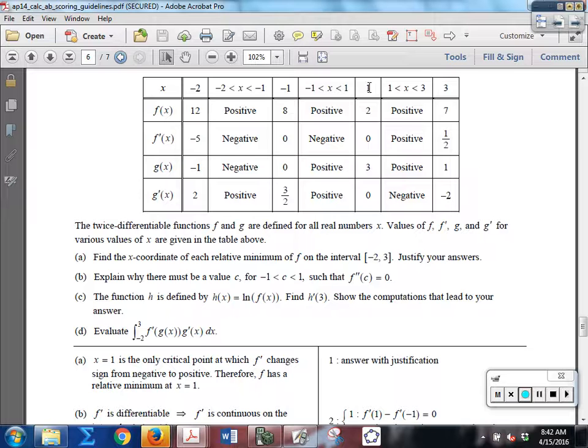This one is going to be what? Why is the second derivative equal to 0 somewhere between negative 1 and 1? Here's the first derivative, 0. Here's this one. So if it's talking about the second derivative, what is it talking about? The slope of the derivative. So if you do this slope right here, then it's going to be 0 minus 0. So they gave you points